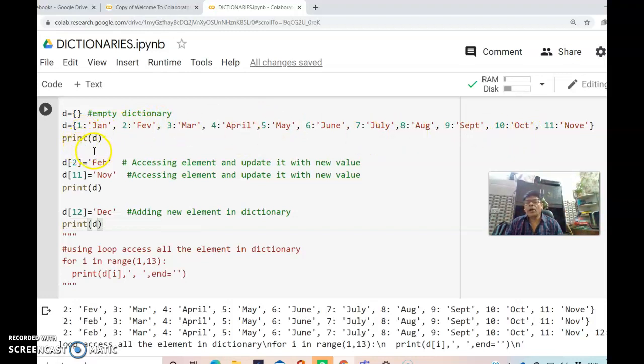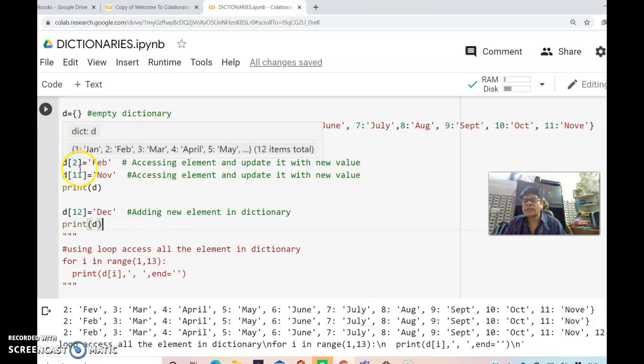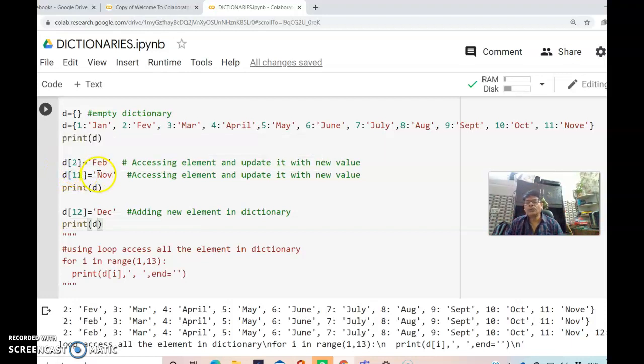In this way you can print the dictionary by giving its name. We can access a dictionary element by giving its key value. Here I have given key D2 and I am changing the value from FEV to FEB. Here it was NOVE, but I am giving the value NOV, so it has already changed.